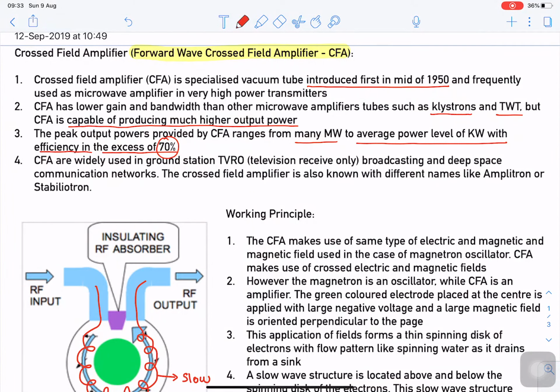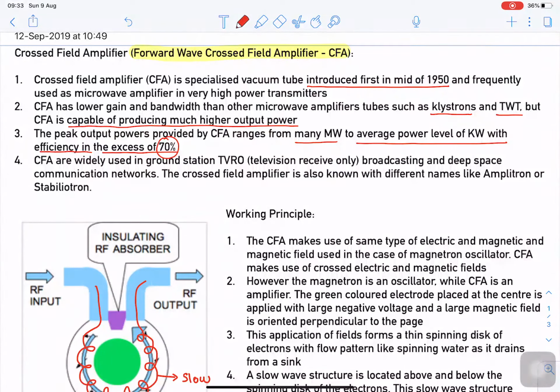So this is the unique microwave tube in which the operation efficiency we are getting is around 70%. If you compare all the previously studied primitive type of microwave tubes, you will notice that none of those primitive microwave tubes are going to provide efficiency greater than 50%, right? So this is the unique tube which will provide higher output power. As it provides higher output power, the efficiency of cross field tube is higher compared to primitive tubes, right?